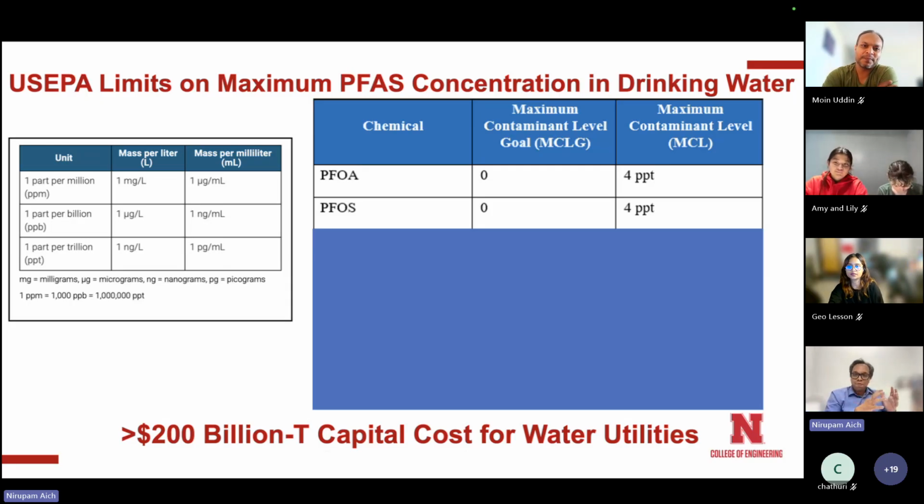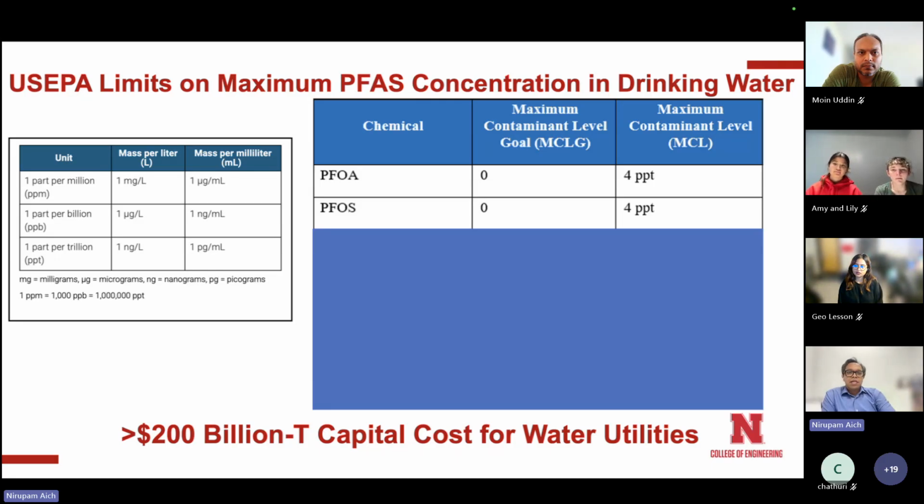So first, the problem, right? We have identified the problem, and this is a huge problem. We have to upgrade the water utilities for this. And the issue is who is going to pay for it? Not the companies that caused the contamination, but the public has to pay for it. Good news for my students and whoever works in the PFAS industry is that there will be a lot of investment. So students in environmental engineering and whoever is working on PFAS, there are a lot of job opportunities now for tackling this problem. In another way, that's a good side for students probably.